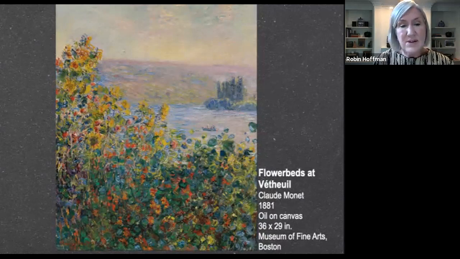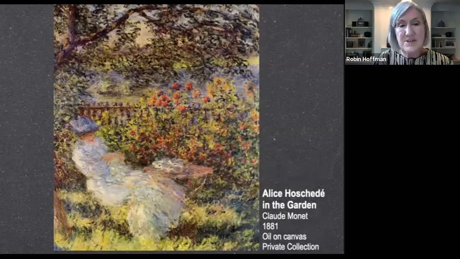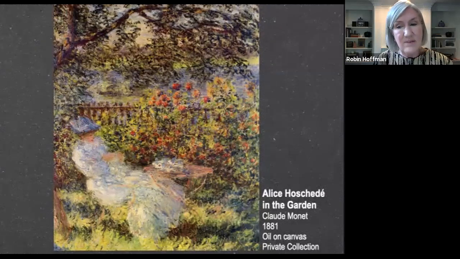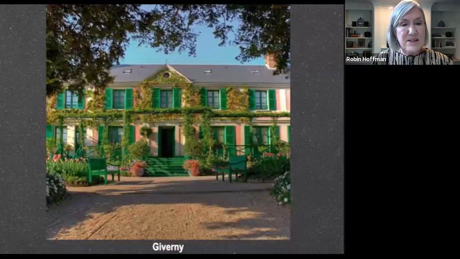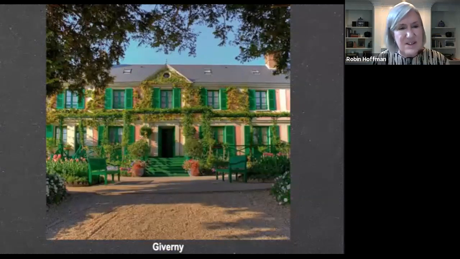And Monet became close with Ernest Hoschedé's wife, Alice, and this is a painting of her in the garden of the house. Ernest, the husband, spent most of his time in Paris, and after Camille's death, Monet and Alice, along with all of their children, continued living together at Vétheuil. Always restless, the Monets were to move one final time. Monet had married Alice after Ernest had ended up dying. They did wait till he was gone, but there was clearly something going on.